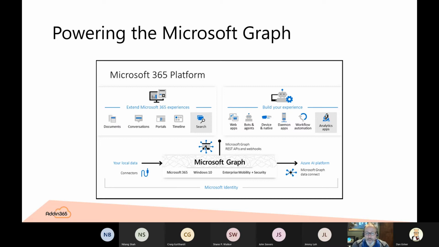REST APIs is a geeky term, which basically means I can make an HTTP request, just like the browser does. If I craft it correctly and provide the right information, it'll come back and give me data. And what data am I getting? Well, that's the previous slide with all the fancy lines.